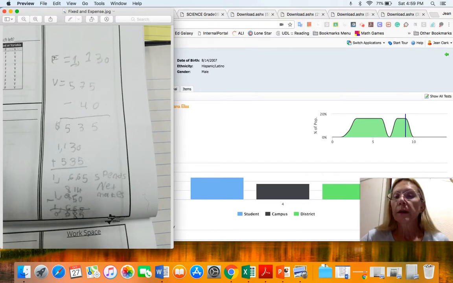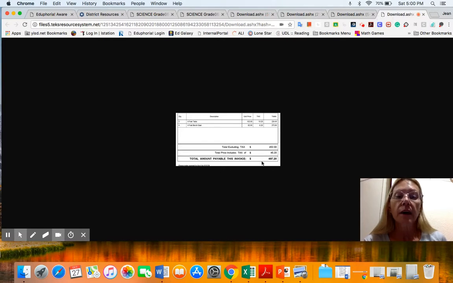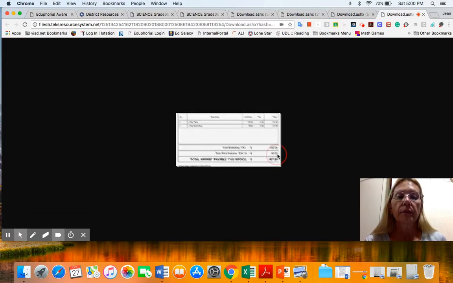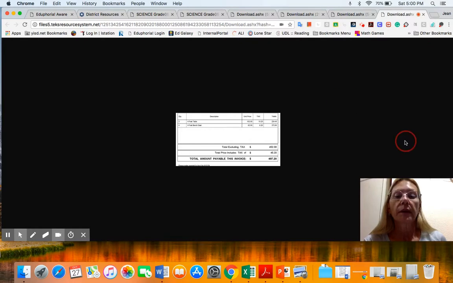Here's his workspace. This was when the car needed repairs. So he knew his fixed income was $1,130 minus his variable minus the $40 from sales tax, which they understand that is right here. Oh, sorry, didn't mean to move it. Sales tax. That's what we have to pay at the store.